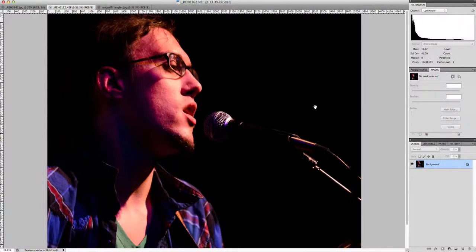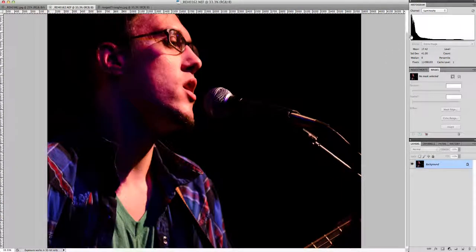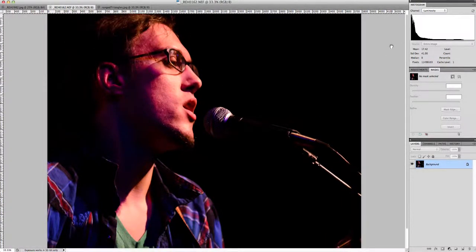So is this a properly exposed image? Well, for the conditions that we shot it in, I would say yes. You actually can see that the image has a lot of shadow area, and if we look at the image being a live performance shot, that would be expected. So there are conditions in which your histogram may be very far to the left or very far to the right, and your image could still be properly exposed. So you kind of have to analyze the histogram according to the kind of shot that you were attempting to take.